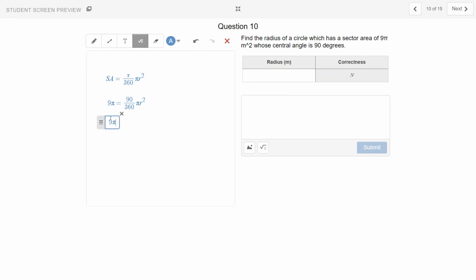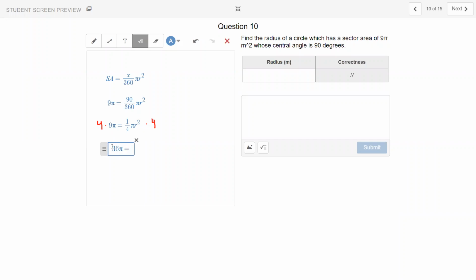So that's going to be 9 pi equals 1/4 pi r squared. I'm going to multiply 4 on both sides. If I multiply that on both sides, I'm going to end up with 36 pi